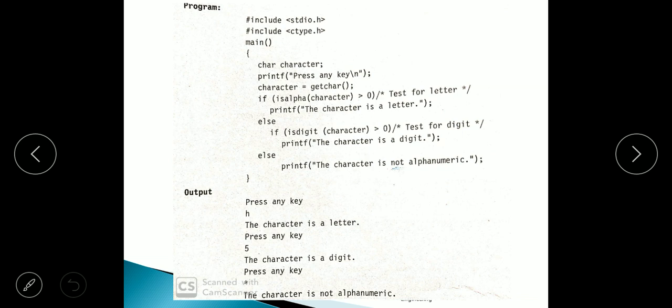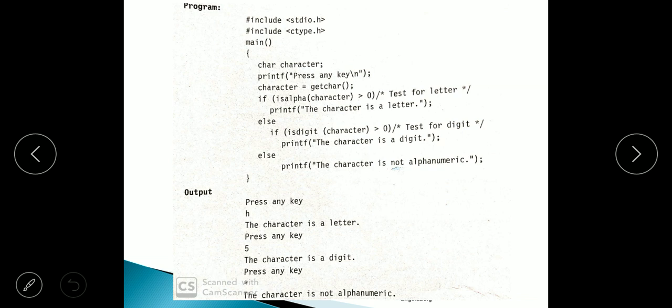Else, we are going to check one more condition: if isdigit of character, that is, whether the character is of type digit. If it is evaluated to true, then a number greater than 0 will be stored in the answer.